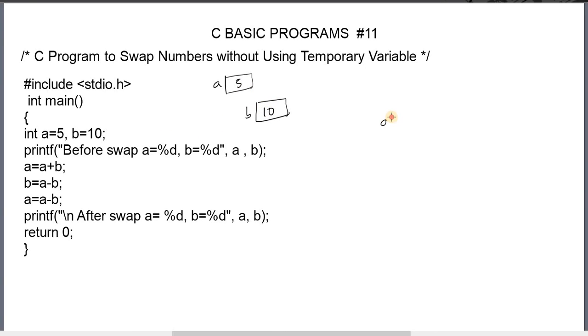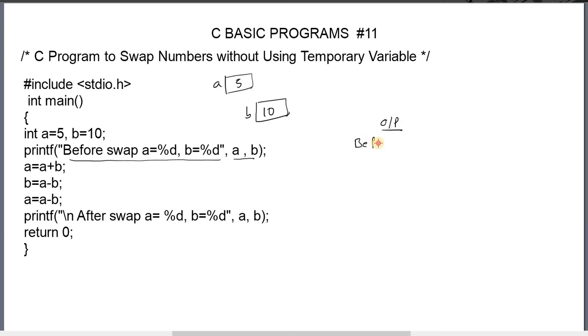Before going to interchange the values, this printf prints the message which is given within the double quotation marks on the output screen. But here there are two specifiers, and in place of these specifiers, printf takes the values of A and B. In place of the first specifier, it will take the A value. In place of the second, printf will take the B value. The remaining text we will get exactly on the screen.